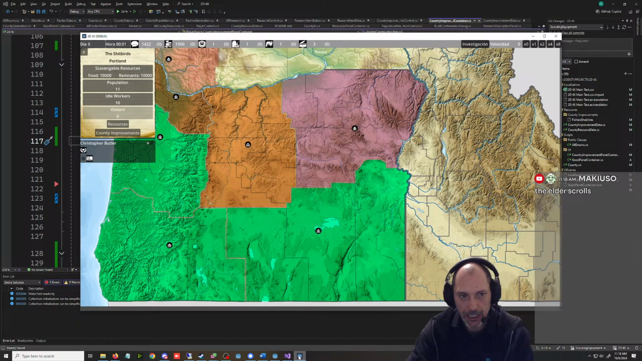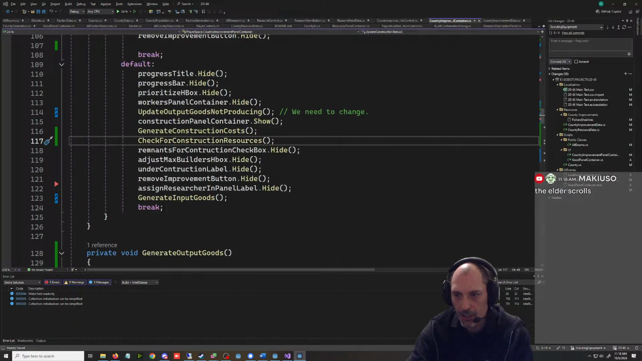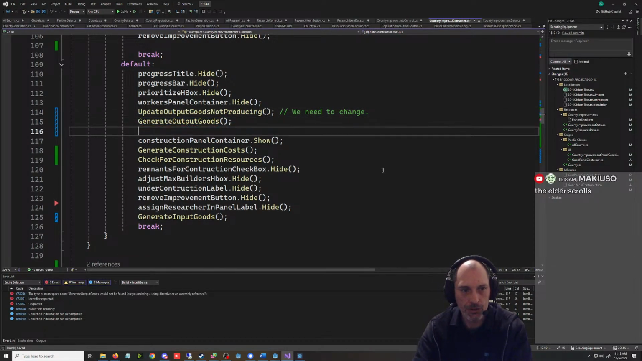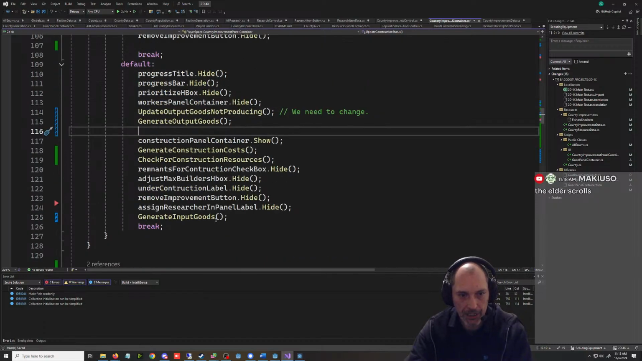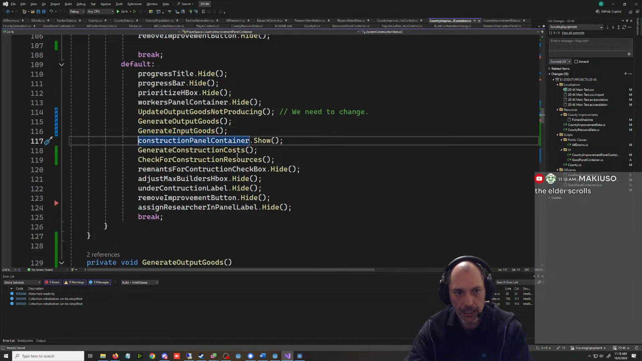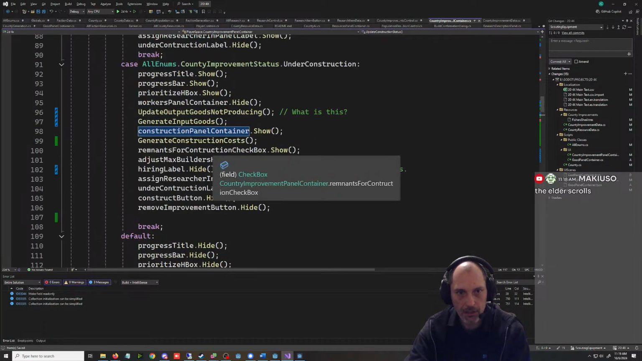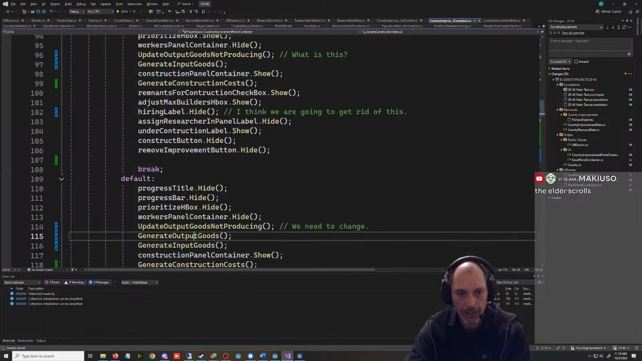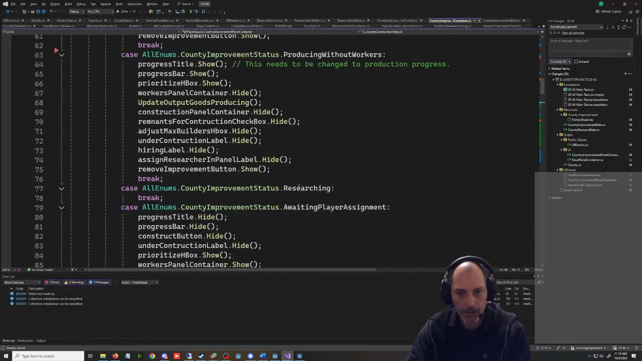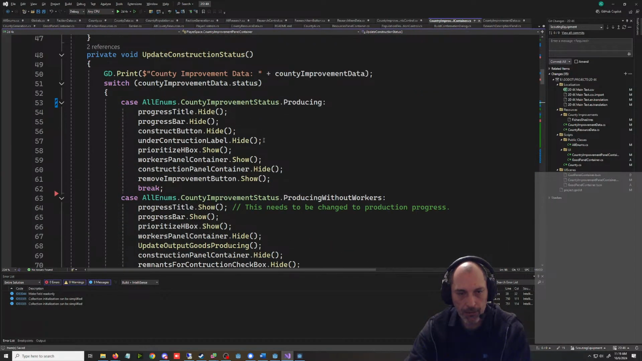So construction, this is actually not in the same order. This isn't in the right order at all. I should probably not give a shit, right? Construction first, and then what do I have? It should be right here. Generate output goods. And then we need to generate our input goods, which should already be here, which they're right here. And then we can cut this. And then under construction, we also need this, and then awaiting player assignments, a whole different ball game over here. And then under producing,